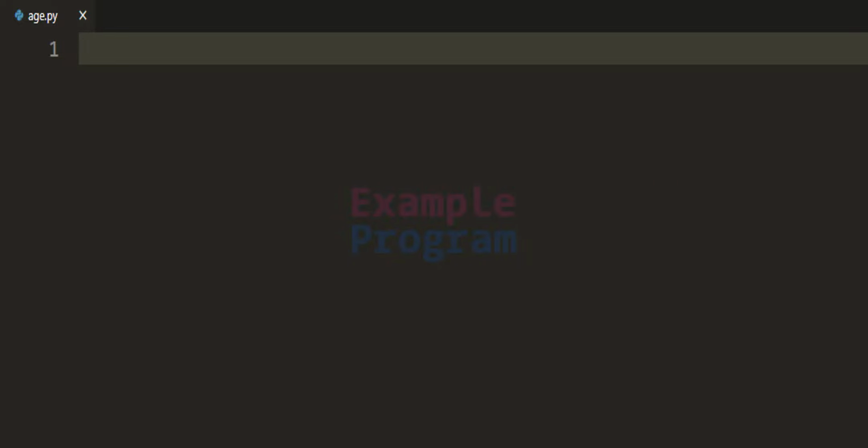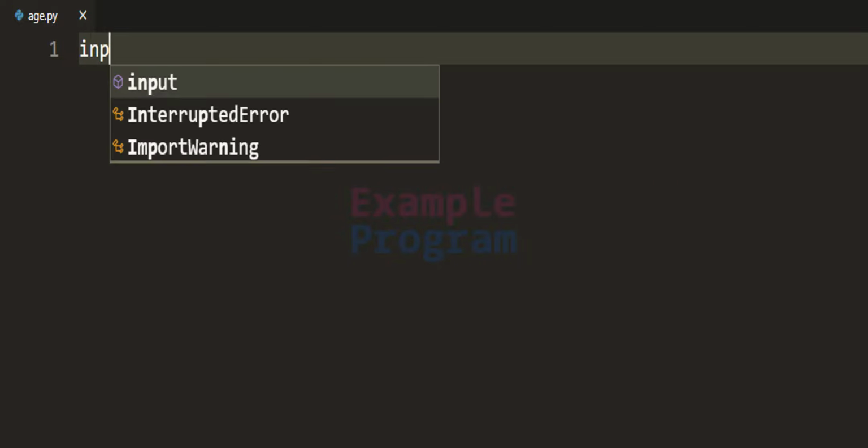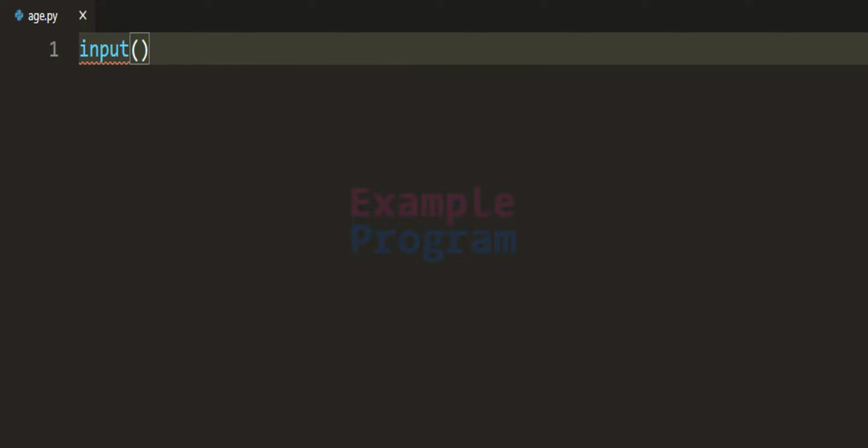So the first thing that we do is we will ask the user to enter the age, and for that we will use the input function, and here I'm going to specify the message as enter age, and after seeing this message the user is gonna enter his age, and this input function will return that number as a string value.